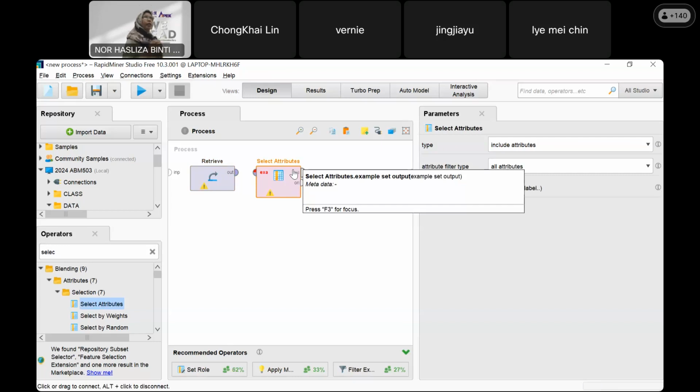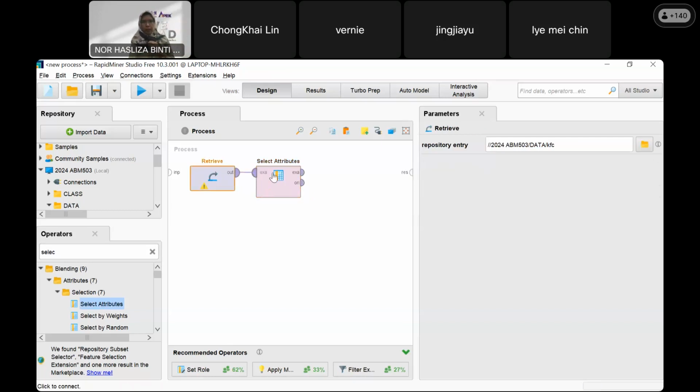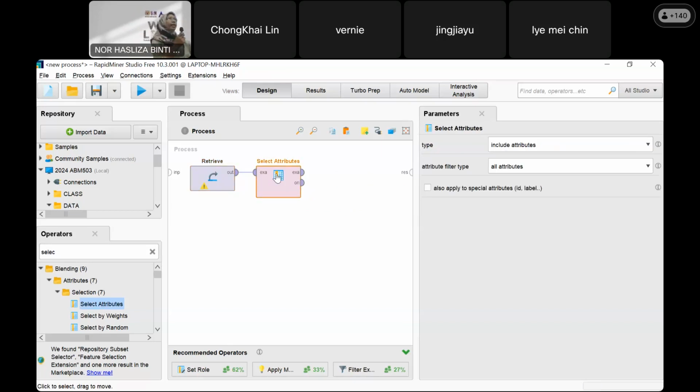Remember, you know what is attribute? We join this. Now you see, in each process we have many links. Why do we link? Because it brings the first process to the next one. So we need to identify what we bring.